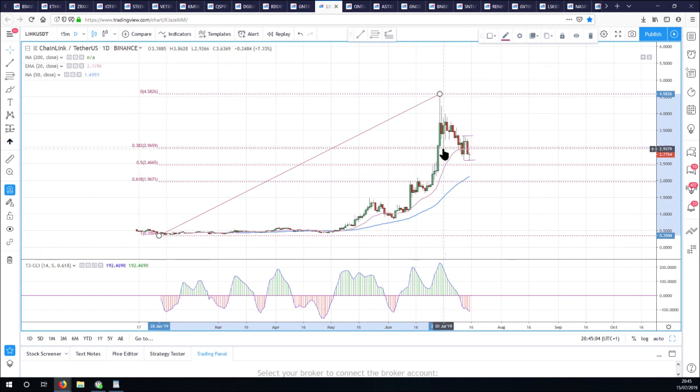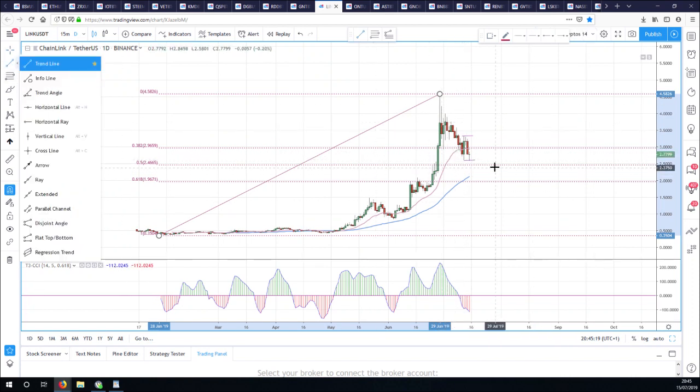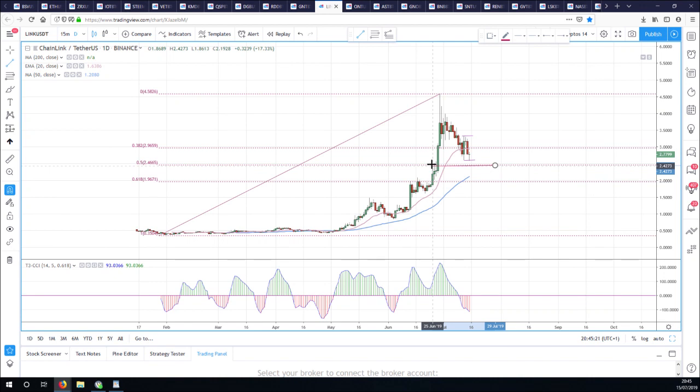I like to look and see how we reacted at previous fibs. So if I do these big all-time lows there, you see we had this really nice bounce from this 38.2, that says to me that actually there's potential for us to go a little bit lower before we make a base at this 50% level at 2.46. And so I should be a little bit careful about jumping in too soon in Link. That's 2.46, so I'll leave that there.